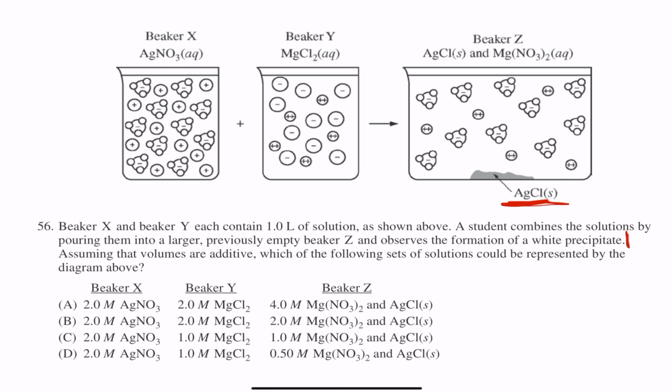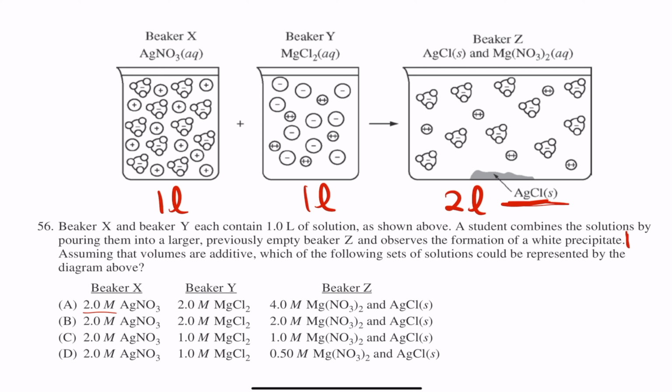Now, I want everybody to come mark some stuff. That's 1 liter, that's 1 liter. So at the end of the day, the big container better be 2 liters, right? So I'm already thinking, because the bigger one is 2 liters, and as you guys can see, there's much more room in the beaker Z, probably meaning you're in the bigger volume, so your concentrations are most likely going to be somewhat lower, right? So first of all, let's compare the beaker X and the beaker Y, because